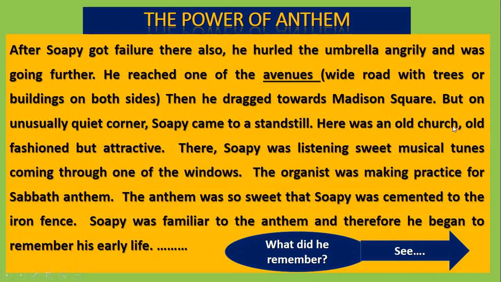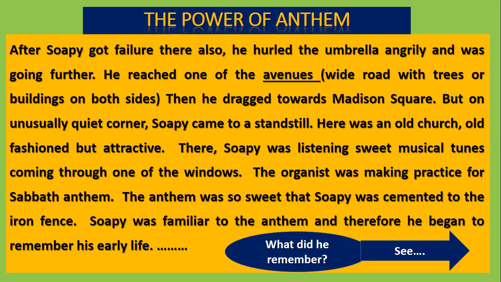Now we see in the first part the presence of police, the presence of law, in these attempts. Sophie could not get arrested, and here there is a twist. After Sophie failed, he hurled the umbrella angrily and was going further. He reached one of the avenues. Avenues means a wide road with trees or buildings on both sides. Then he dragged towards Madison Square,